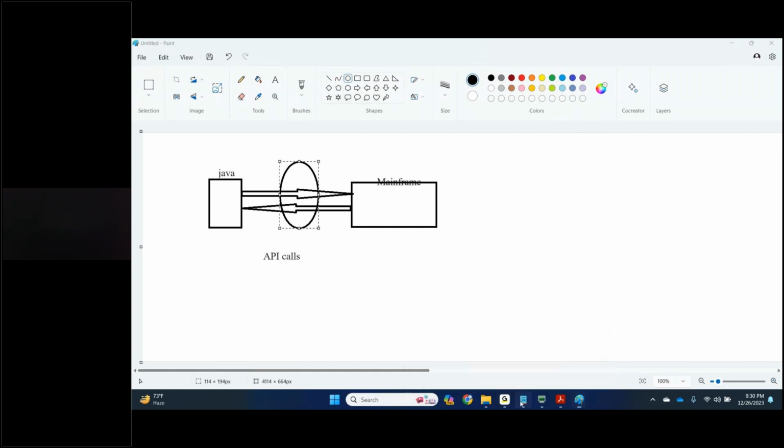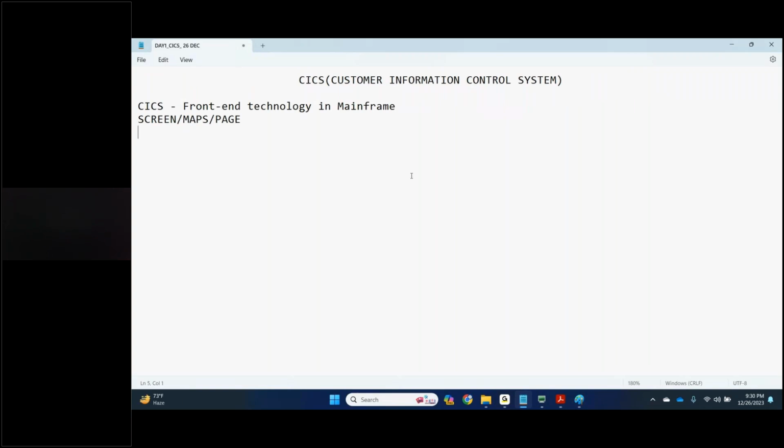Okay, right. Let's come back to CICS. CICS is a subsystem. In mainframe, what are the subsystems, team? It is an entry question. I am asking you as an interviewer: what are the subsystems in mainframe technology? You don't need to know CICS to answer this question. It's a basic question. You should know this if you have mainframe experience.